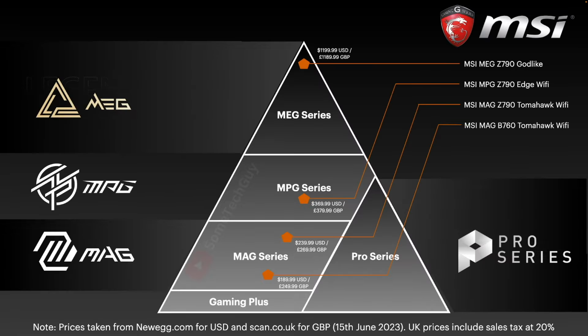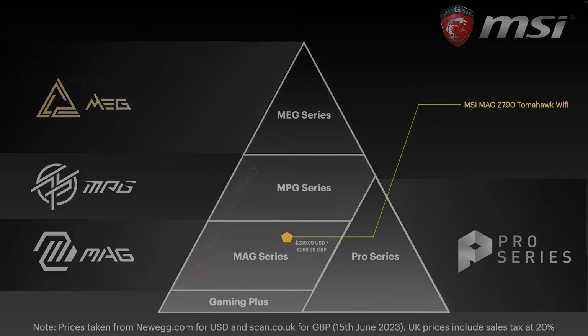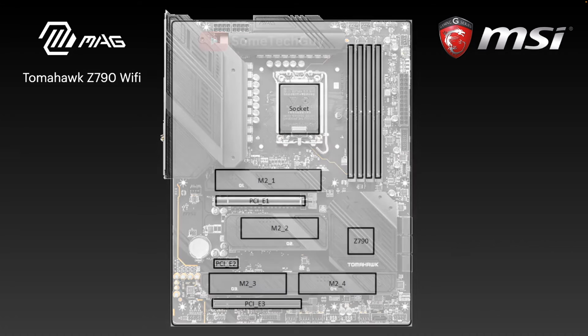Now let's compare this to the equivalent Tomahawk board with the Z790 chipset and see how they differ. The Z790 version of the board is currently priced at $240, discounted from $290, so it's a $50 premium and a 26% price uplift. For direct CPU connectivity, it's the same as the B760. It has PCIe 5 16-lane primary slot and a 4-lane PCIe 4 connection for M.2 storage. This means that there isn't a performance benefit for direct to CPU connectivity for GPU and storage over its B760